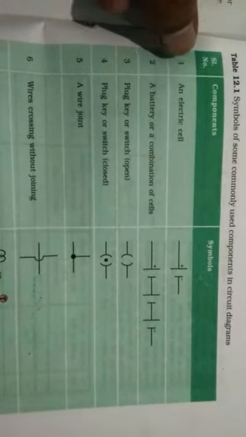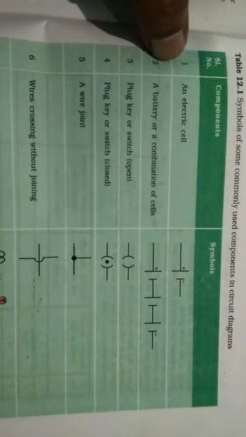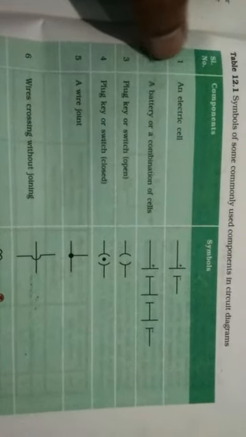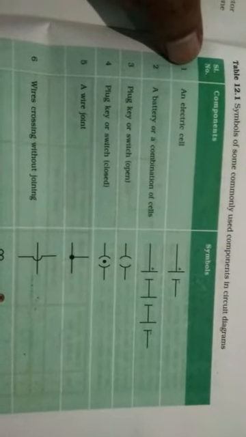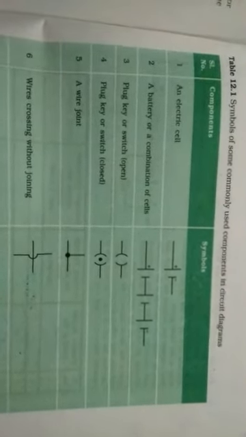Now my question is, sir, what is the use of 1 and 2, cell or battery? If anybody asks what is the use of a cell or battery, simply you can say they are called sources of electric energy. Sir, I am not understanding. Simply, they will give electric current. Enough. So sources of electric energy, 1 and 2, remember this thing.